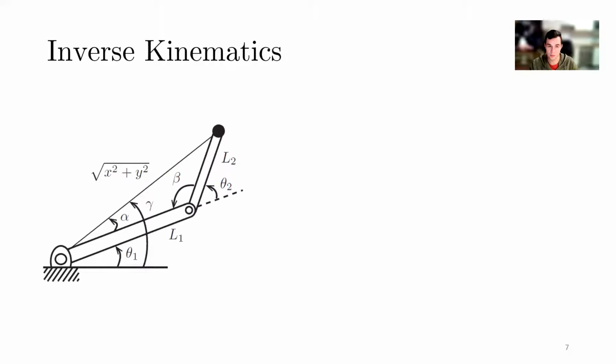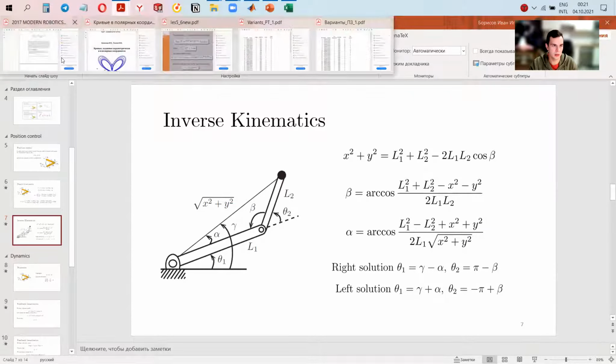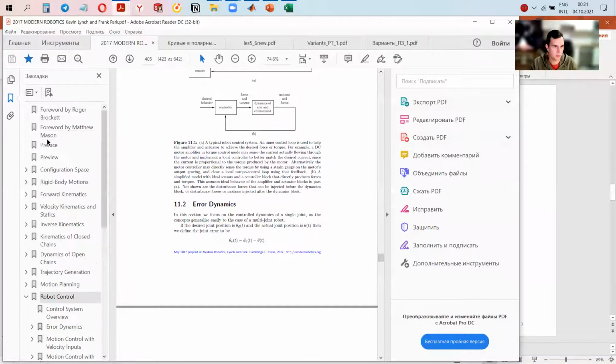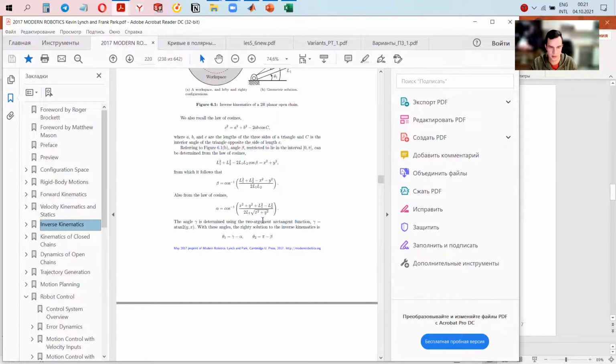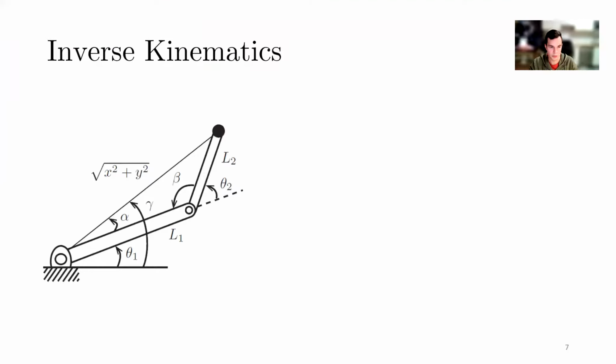We can solve inverse kinematics. The picture is taken from the Modern Robotics book. If you want to get more details, you can consider reading this chapter about inverse kinematics. Inverse is the one where we have a desired position of the end effector, and our task is to calculate the angular positions, θ1 and θ2. We can do the following. First of all, we can remember